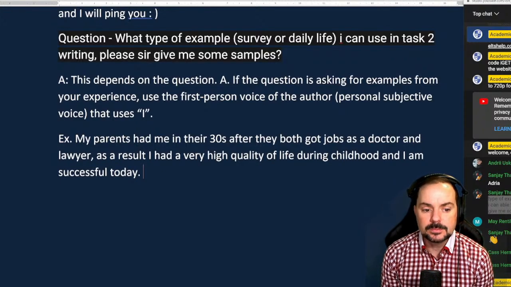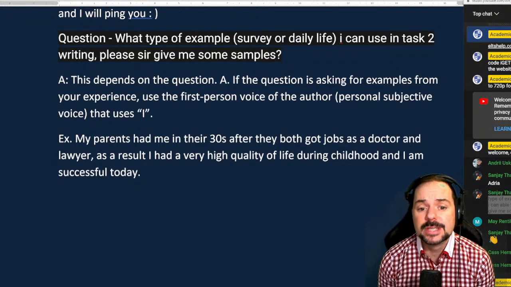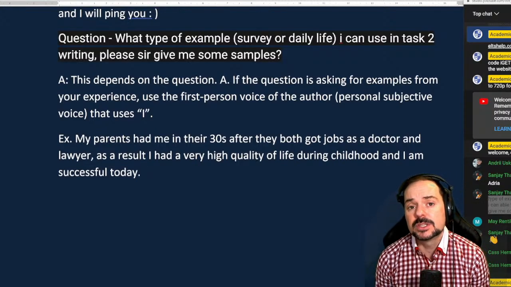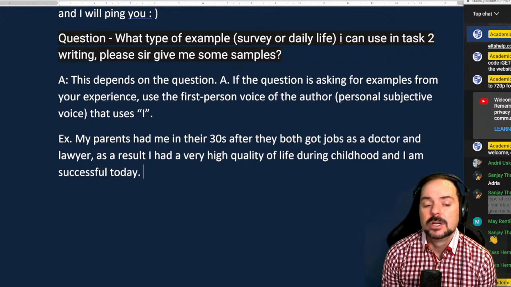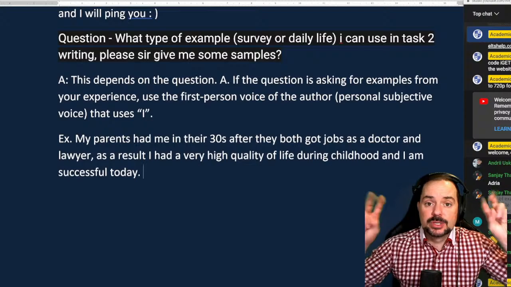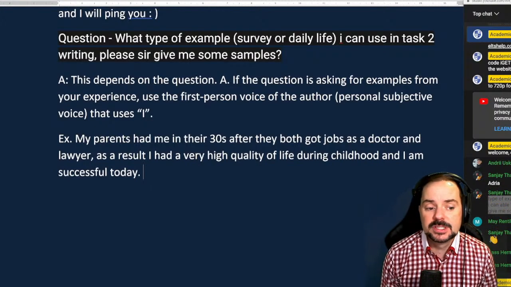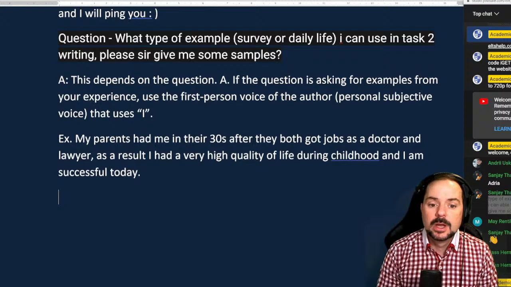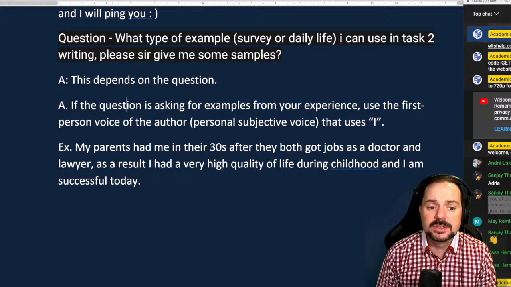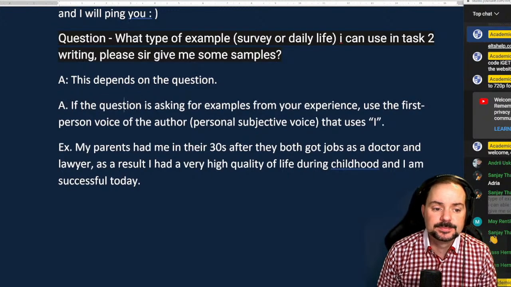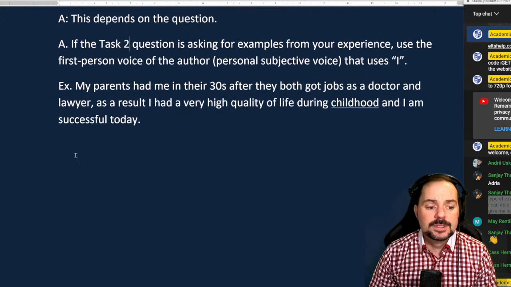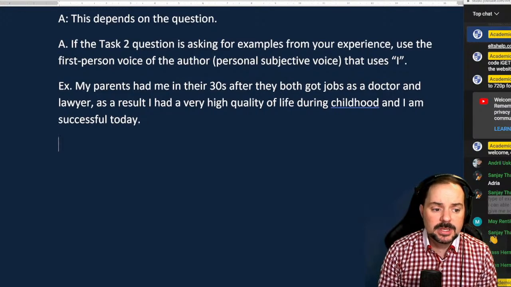Okay, so there's the example. So this one would be using I, because the question is asking use examples. But if it's not, and this week's question actually did not ask us for a personal example, then you can use a pretend survey or another type of example like the one that we used in the essay. So if the question, and by question we mean the task 2 writing question, does not ask for your personal opinion,